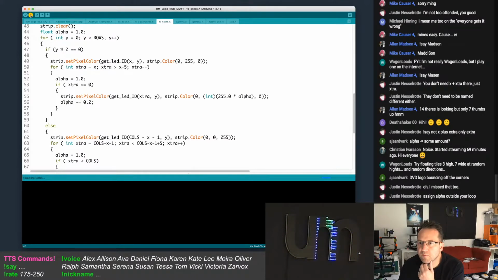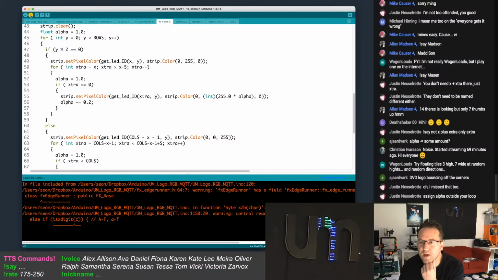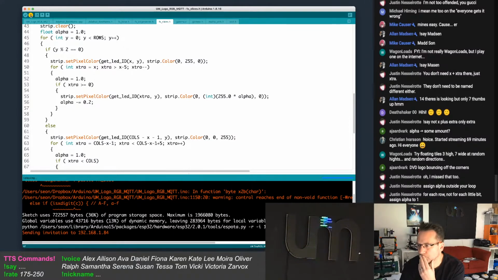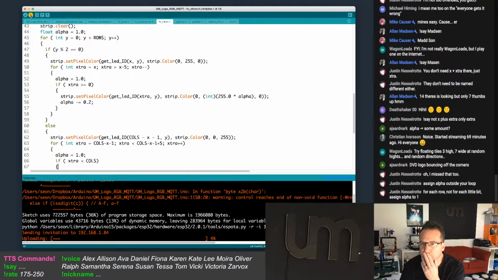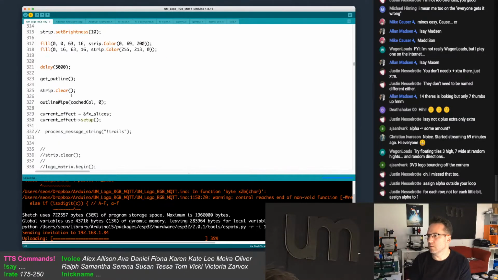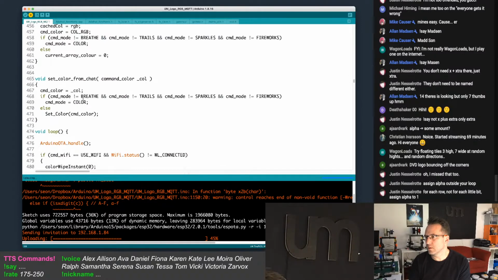DVD logo bouncing off the corners. Yep, could do that. Could do that as a GIF, if I can get GIF playing working. Lots of things. Oh, I didn't do the right... I want to do the rainbow.